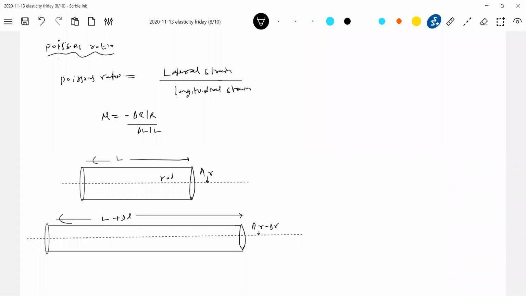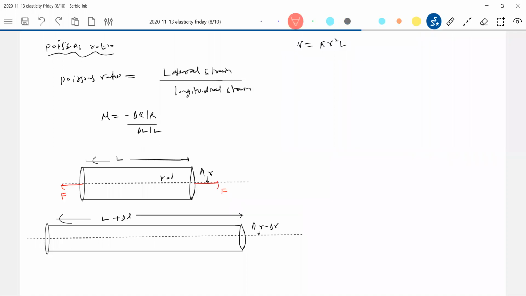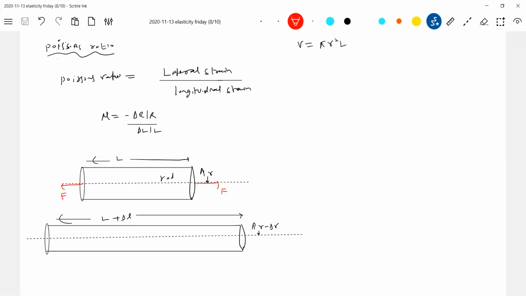So let's define the volume. How do you define volume? V equal to pi R square L. Now when I apply force, what type of force? A tensile stress I applied. Then this force will elongate the body. Practically, till now we discussed elastic problems where the radius does not change, but practically even the radius also will change. So all these are variables. Therefore dV equal to pi 2R dR L plus pi R square dL.